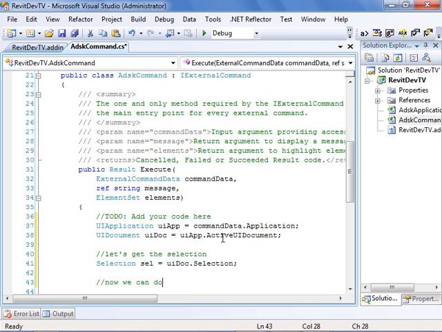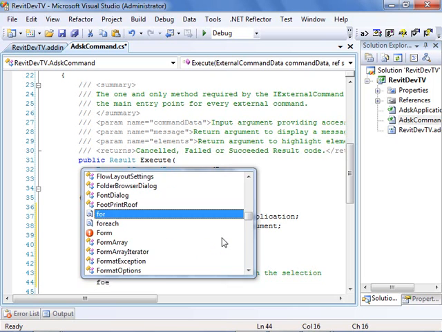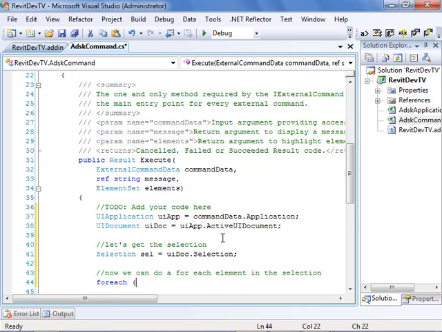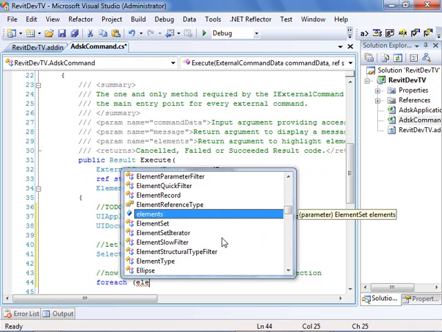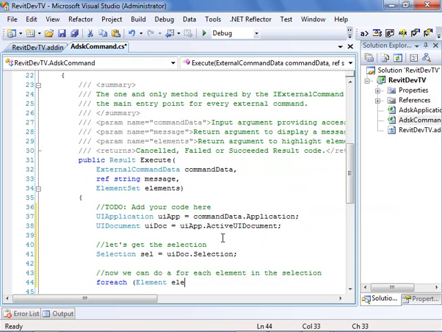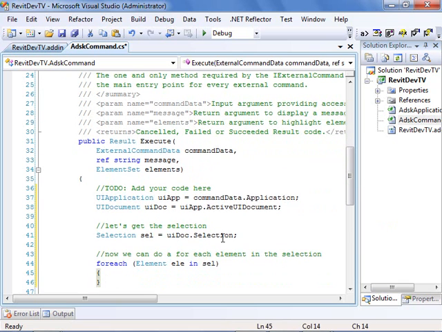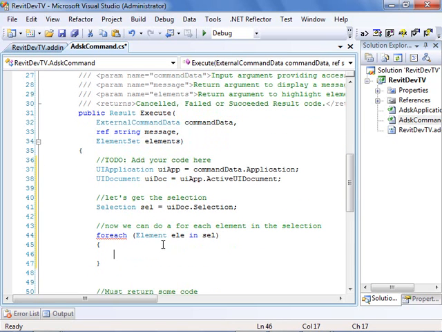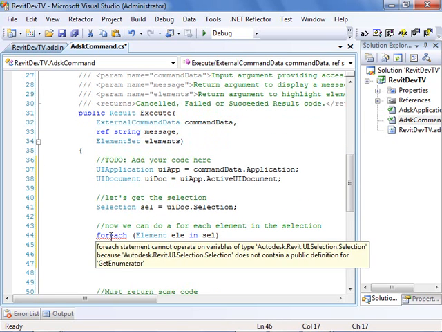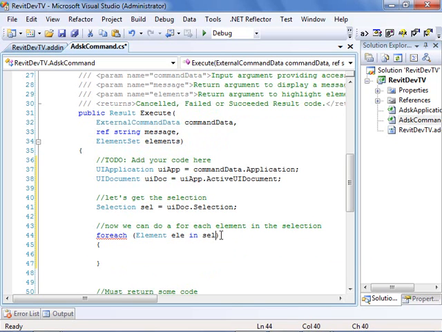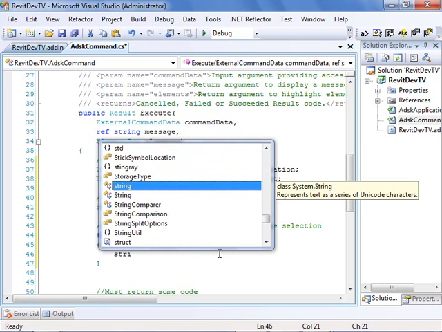Now we can do a for each element in the selection, with for each element in the selection dot elements,